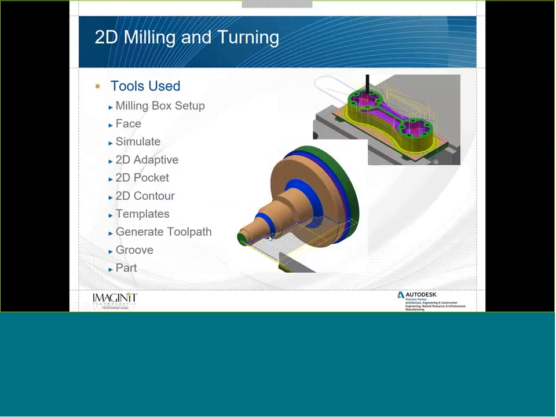So kind of a quick review of what we just took a look at, right? Milling box setup, facing operations. We looked at simulate, again, to kind of see what we have and then make some adjustments. 2D adaptive for roughing, with an optimal tool load, high-speed machining. 2D pocket, 2D contour to go through, do some cleanup. The ability to save off templates, generating our tool paths, and doing a groove, doing a thread, parting off a